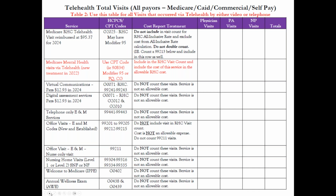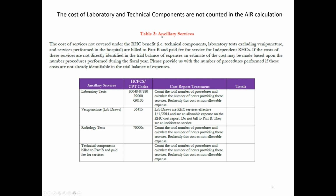So that's it. Now, these are services, ancillary services. These are billed to Medicare Part B, and you're paid fee-for-service for this. Again, I'm talking independent RHCs because that's really our audience today. So your lab services, we need to know how many lab tests that you did so we can pull that cost out. Radiology, we're going to do the same thing with that. And then any technical components, you bill to Medicare Part B. Think of your EKG,